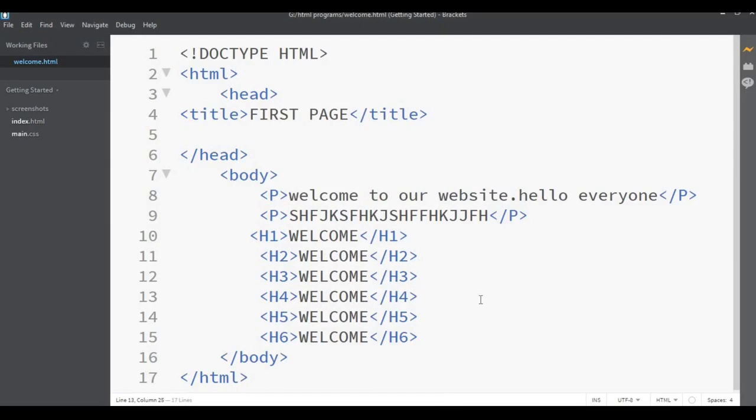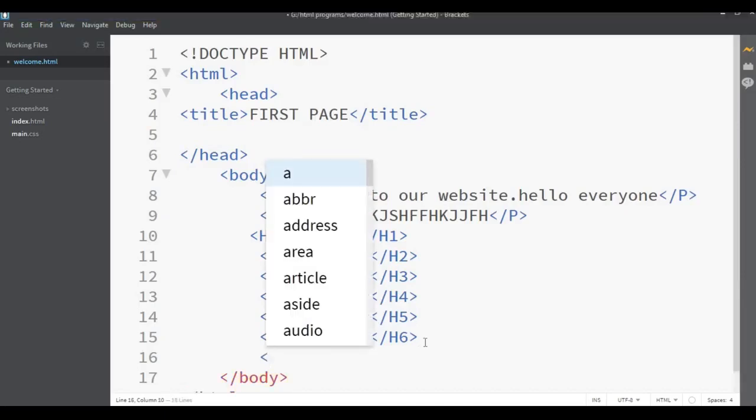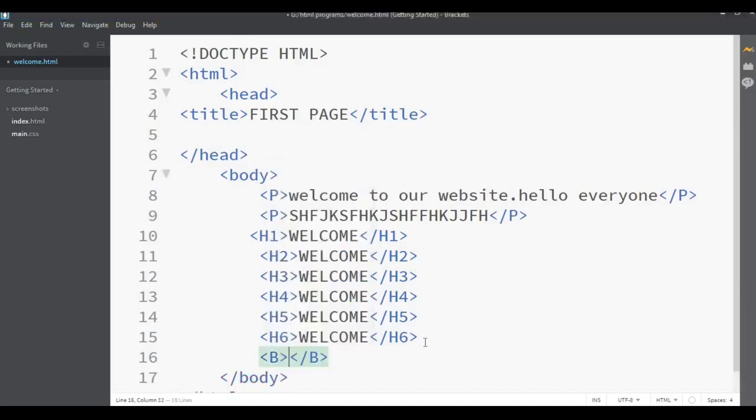So next is the P tag. If you want to use text formatting, like B is used for bold, I is used for italic, and U is used for underline.